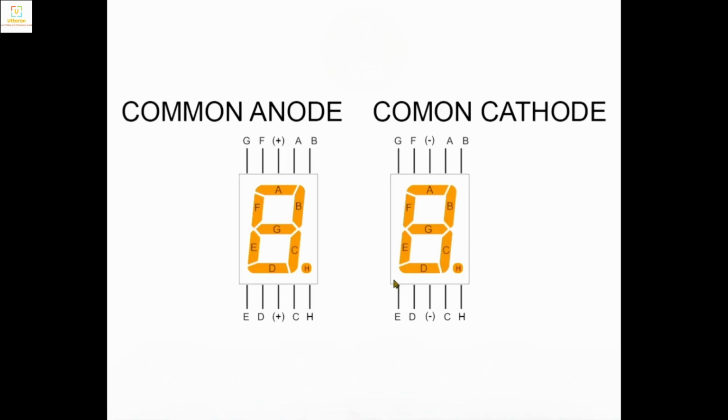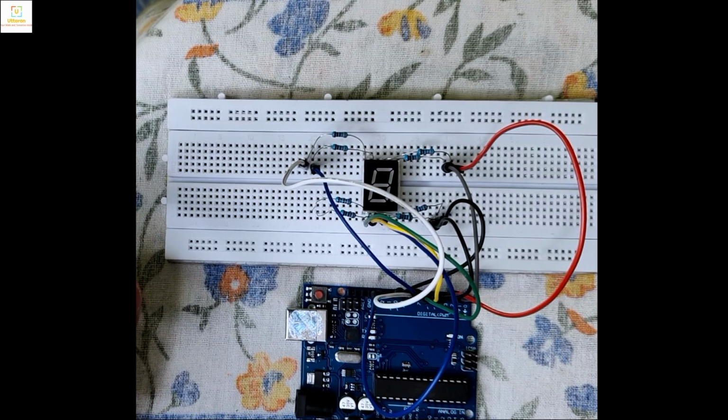The main difference is that the common anode has the positive pins, and each of the segment's terminals, that is the terminals of A, B, C, D and up to H, are all connected to this positive terminal. What happens is that in common anode we have to take the positive pin and connect it to the Arduino, and in the code we have to set the pin number for which we are going to show at low, and in common cathode we have to just do the opposite. We will set the pin number at high for which we want to show the number.